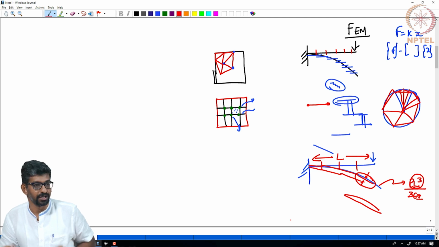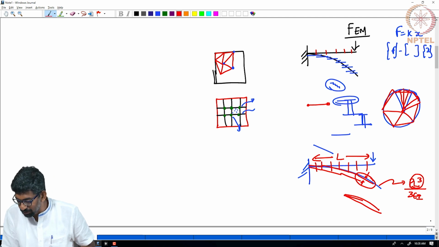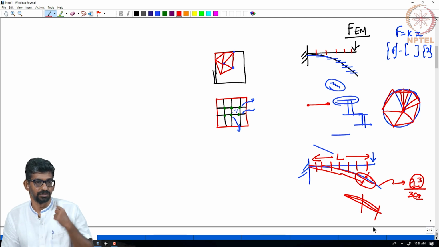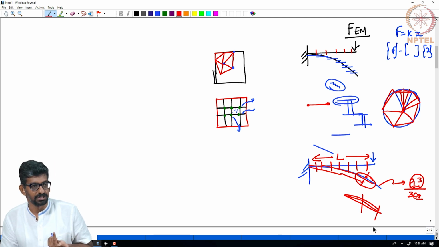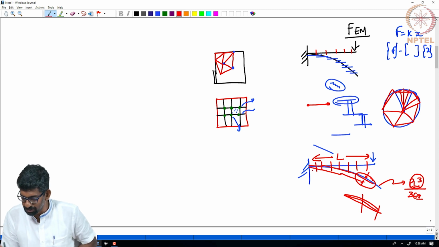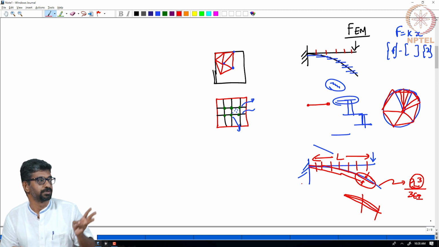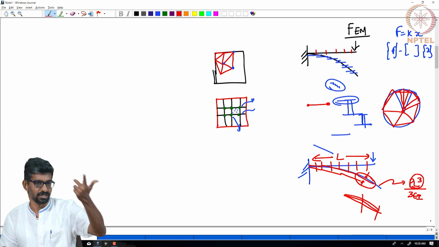So, how can I reduce? There are two ways in which I can reduce. One is increase the number of elements. So, it is still linear, but that is one way of doing it. The other way obviously is to go for a higher order element. So, instead of using a linear approximation, I will use a quadratic approximation, but then quadratic approximation requires 3 unknowns in 1D. Which means that you need 3 nodal points within an element, that is the concept of finite element.